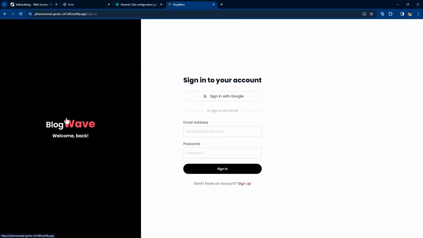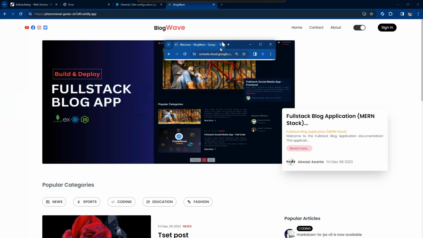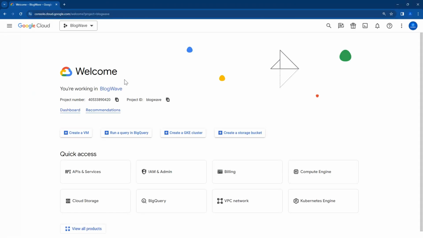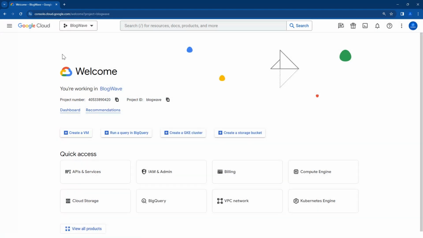The main URL like this, just copy it and go to your Firebase console. Okay, so I'll bring it here. Just go to your Firebase, select your project. Okay, I have this project. Okay, select it and